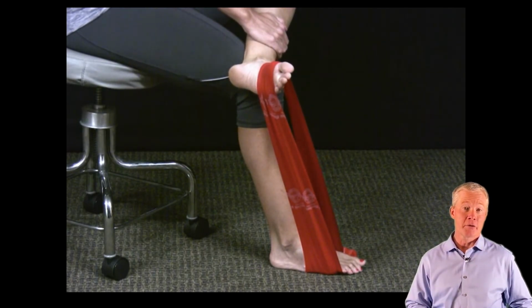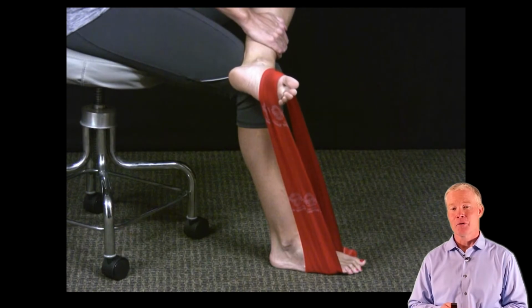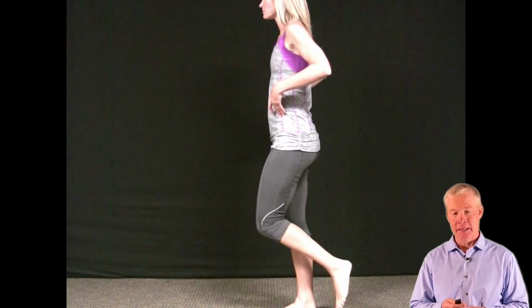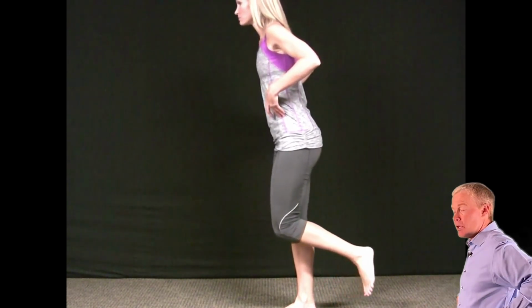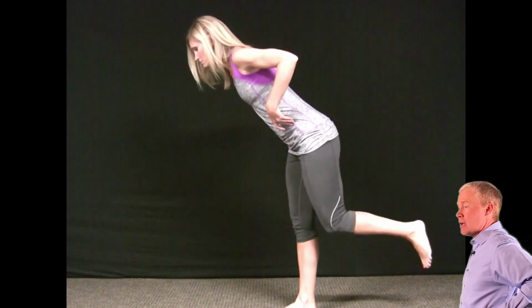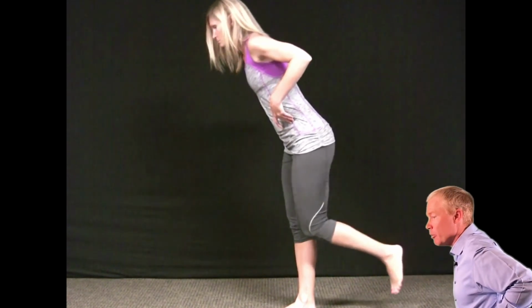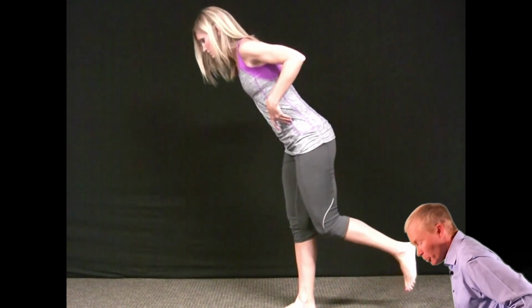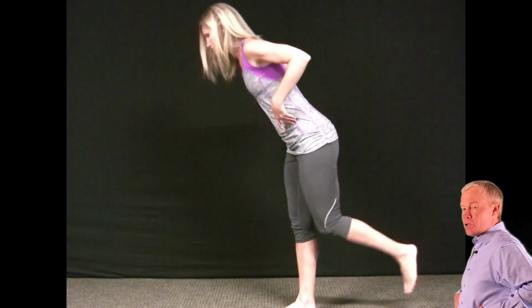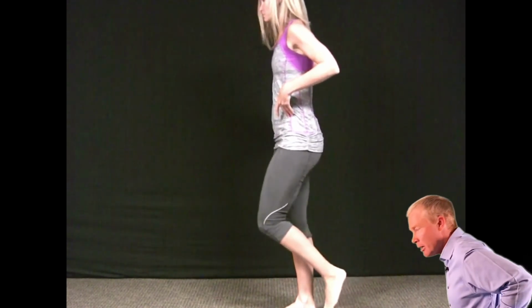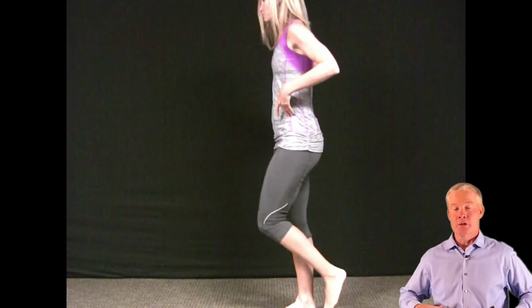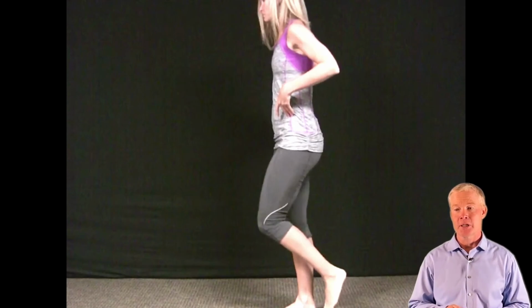We'll also look at the other end of the chain. You knew that this was coming. We're going to have them do things to strengthen the hip abductors and to strengthen their core. This is a great exercise, a semi-stiff deadlift. The patient is going to stand up straight and take one leg back as they bend forward at the hip and then come forward again. So they're bending solely at the hip. There's no lower back bend in this process. They're imagining that they have steel rods in their abdomen and they're bending forward and coming back up again. That's a great exercise to help strengthen some of the core and the hip musculature.